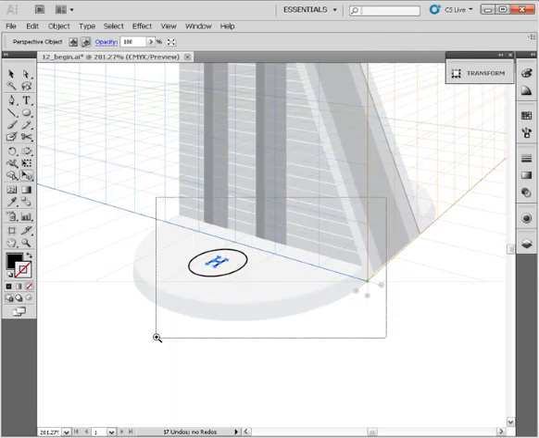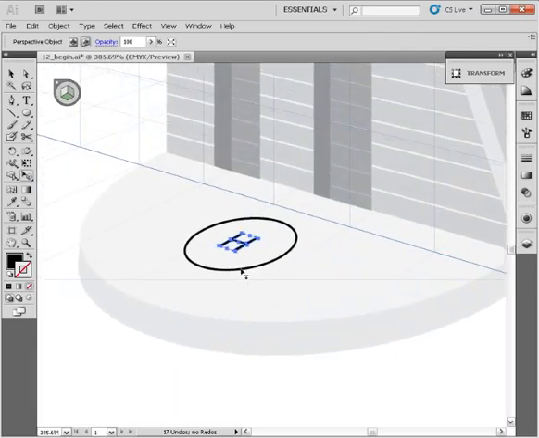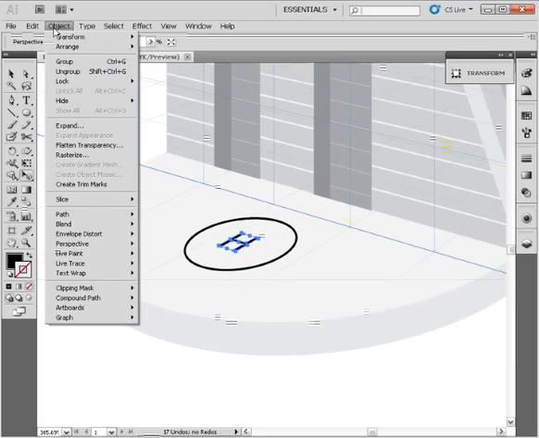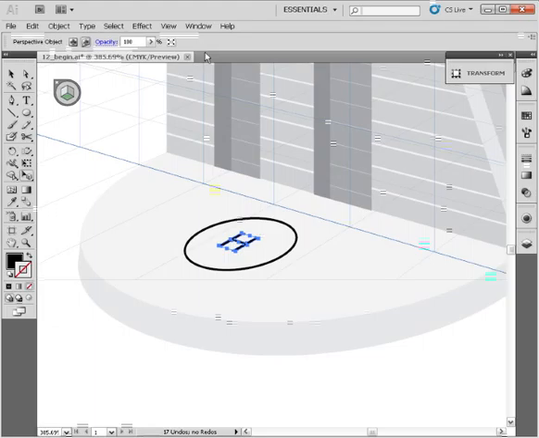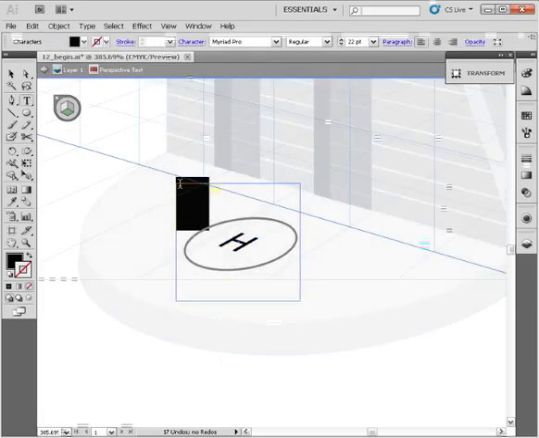Alright, so we've got our H positioned, but let's say that we actually want to make some changes to this letter. It appears to be no longer a text frame. Well, there's a couple of different ways that we can modify text after we've brought it onto a perspective plane. One of those ways would be to simply double click on the text object here, or we could come up here to Object, choose Perspective, and Edit Text. And yet another option would be to look up here in your control panel. You see here we have a perspective object selected, and this first button right here is going to be to edit the text. So I'm going to click that,